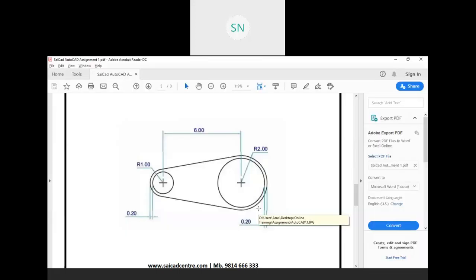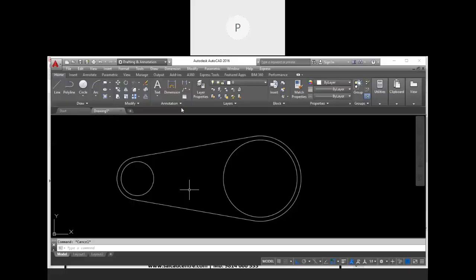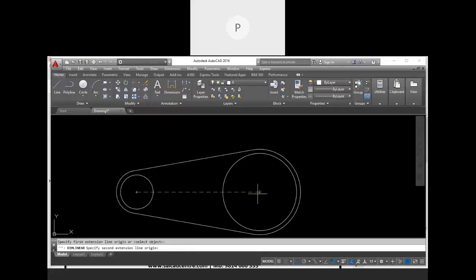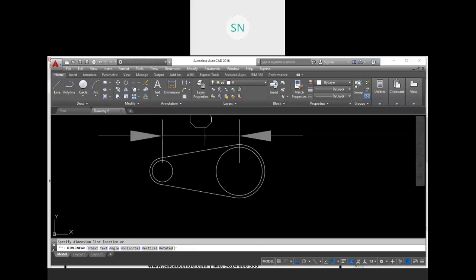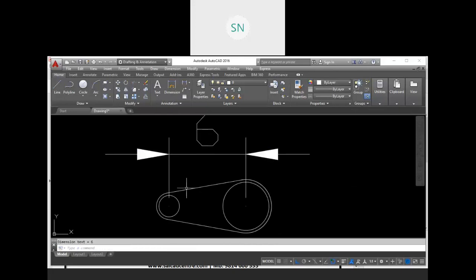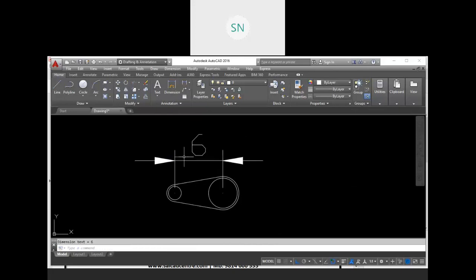Sir, when I am drawing some diagram, and when I put any measurement, the drawing is very small. Like on my AutoCAD, the drawing is going very small. Okay, like this. When you are placing your dimensions, you are talking about this thing, right? Yeah, this thing, sir, this is coming very big.